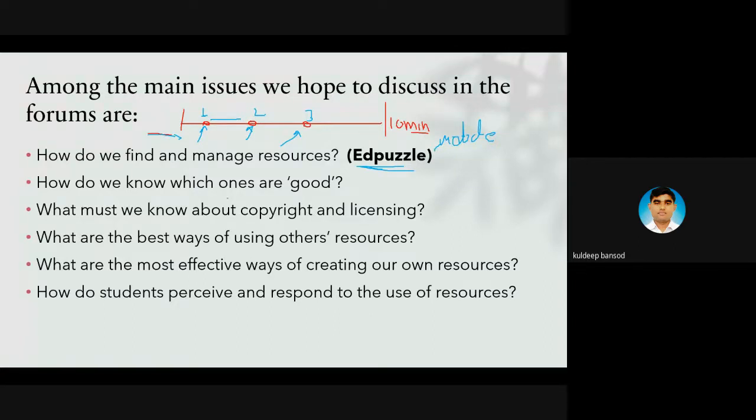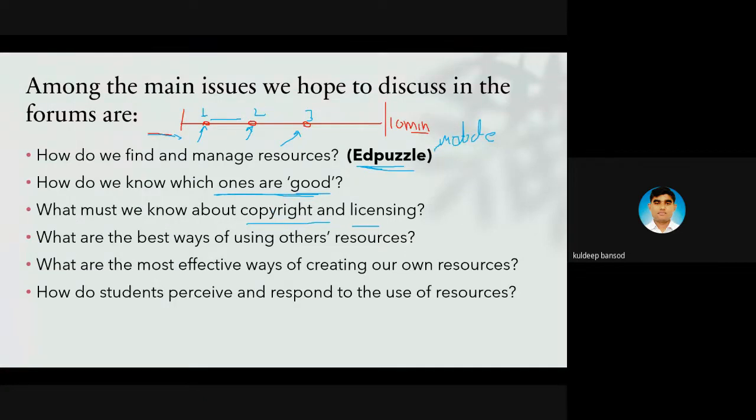How do we find which ones are good? This is very important. Which video or which resource is good for us? We must know about copyright and licensing. Sometimes if you are using any video that has a copyright, it may put you in trouble.